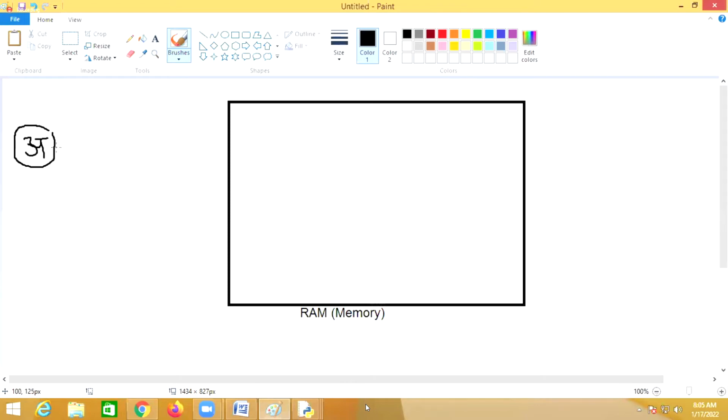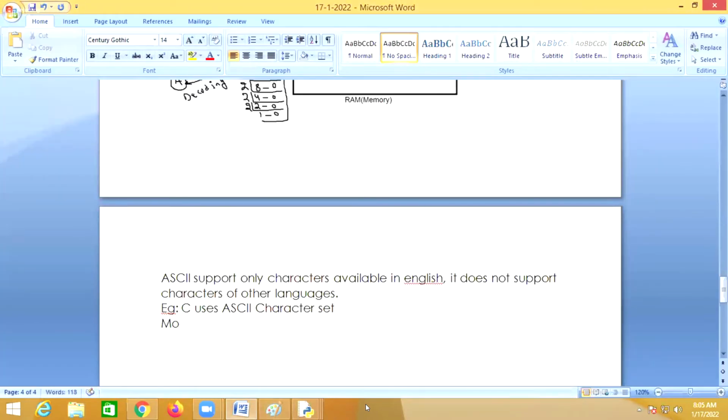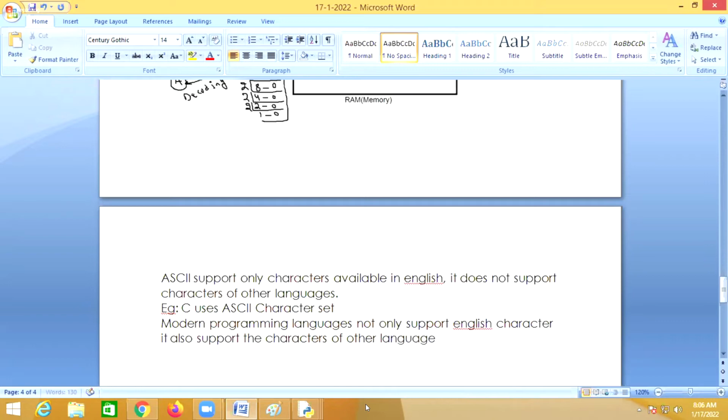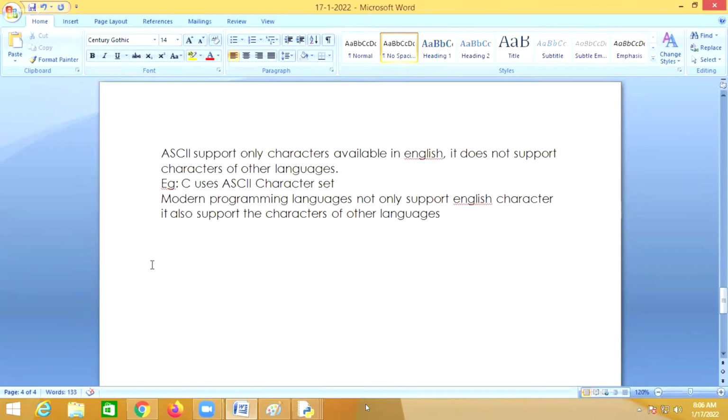For example, I want to store the character R. Modern programming languages not only support English characters, they also support the characters of other languages.